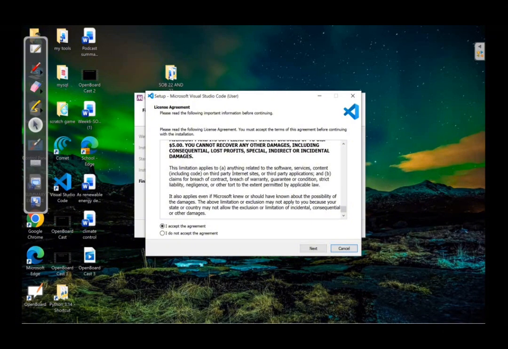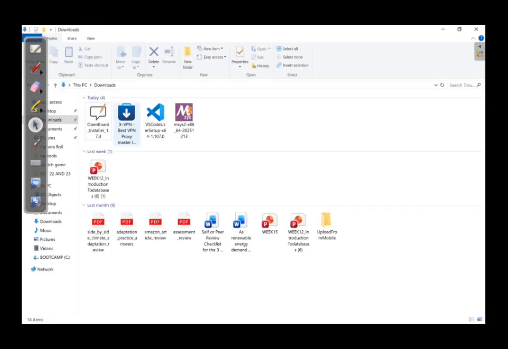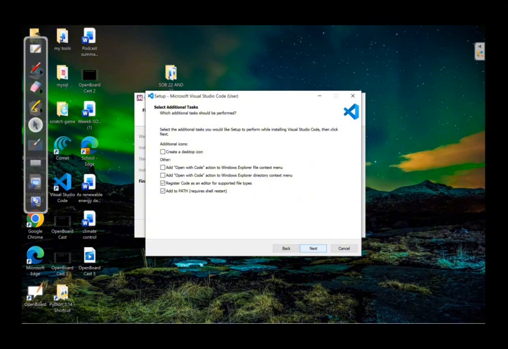This is actually when I downloaded this file. I tried to open the file. Let me show you how my download looks. You've seen it here. This is my VS Code installer. When I open it, it brings me to this place. Just click next. We all know this. Just click all of this, and